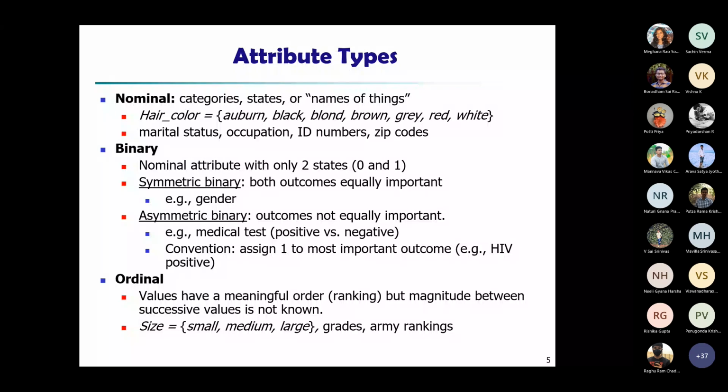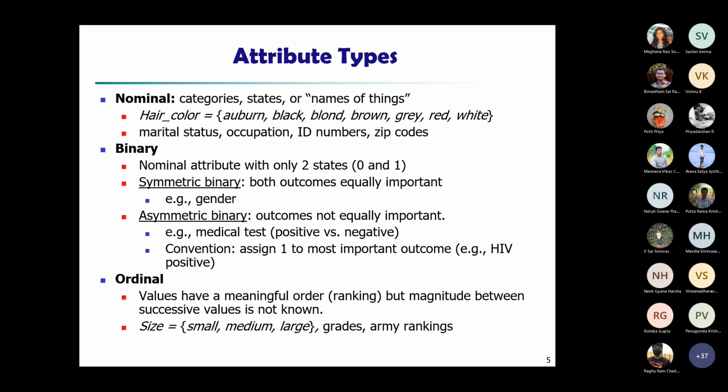Say if I say height, if I categorize, say short, medium, tall. So I don't know how tall the person is when he belongs to medium or tall. In the sense, how much taller she is, that magnitude is not known, but we know that this is greater than this. That much idea we have. Okay, so when we talk about ordinal.